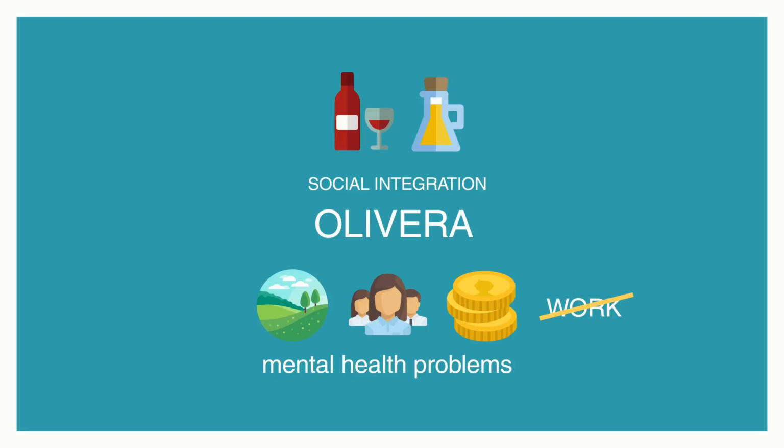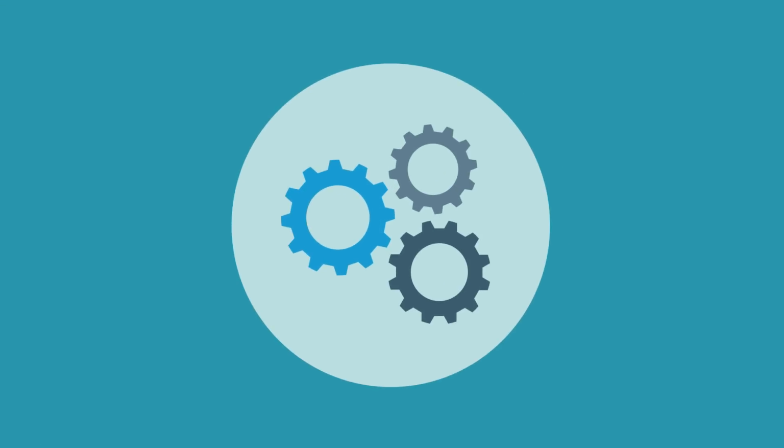Therefore, we identify two key activities in its business model, which mix economic sustainability and social impact: the cultivation of grapes and olives on the one hand, and social care for all people in need of the cooperative on the other hand. Once we have identified our key activities, it is time to determine what are the key essential resources we need to develop these activities.